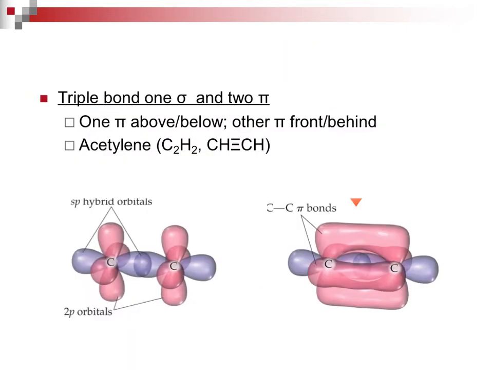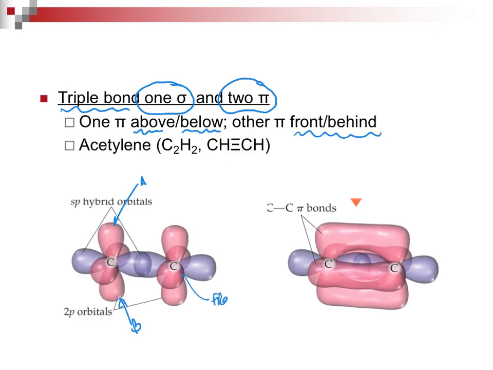Let's see what's on the next slide. What we have on the next slide is the triple bond. Notice I've said it is one sigma bond and two pi bonds, a favorite midterm question. Just like on the slide before, we have a pi bond above and below. This would be my above and below. But now that we have a triple bond, we have one that is in front and behind. So here would be my front, and here would be my behind.